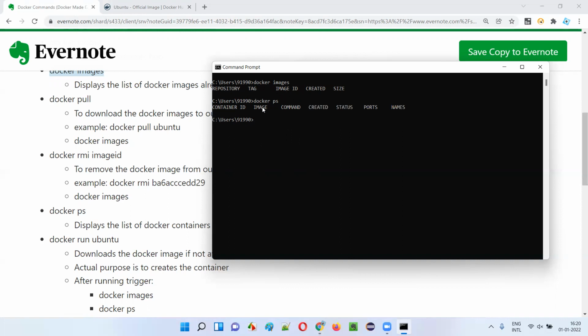By running these Docker images, we'll get the Docker containers created in our machine. But at this moment, there are zero Docker containers, and even zero Docker images using which we can create these containers. So docker ps will give you the list of Docker containers which are running or available in your machine. So what we can do is, again, let's download one of the Docker images.